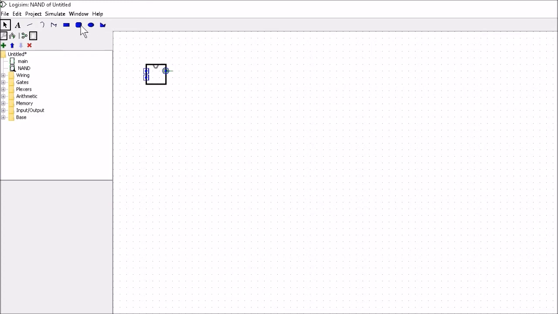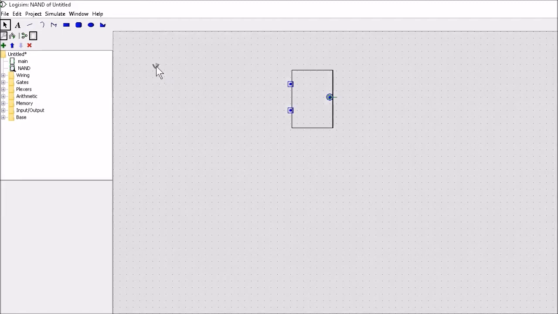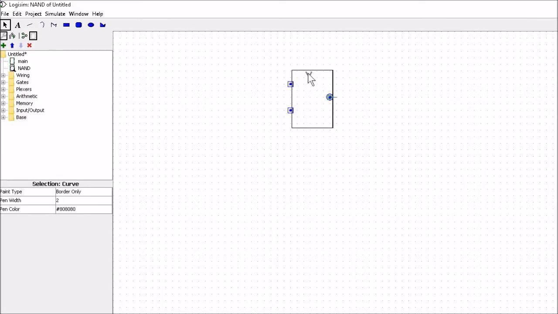Now there's lots of different shapes here that you can use, but let's just keep it simple just now and we'll just replace it with a simple box. So what we can do then is we can take our output and place our output over here, and we can take our 2 inputs A and B and place our inputs here. We can delete off this, don't need it, and we can shift this little section here over.